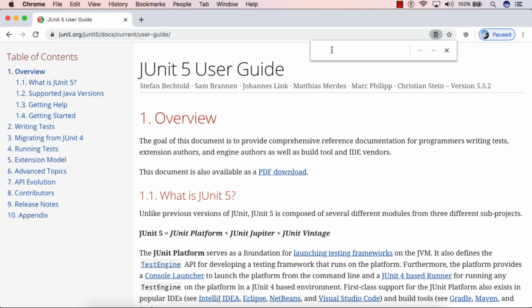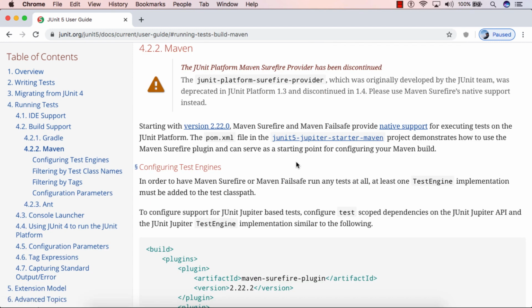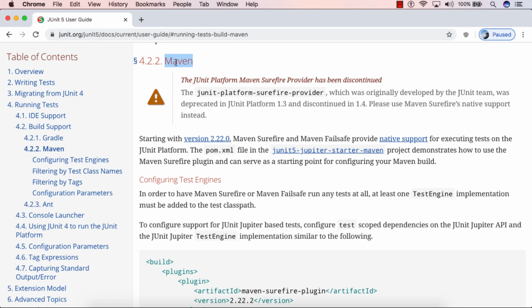Here you can search Maven. You will find a section by the name Maven, and there you can find how you can use JUnit 5 with Maven. They have created a project, JUnit 5 Jupiter Starter Maven.